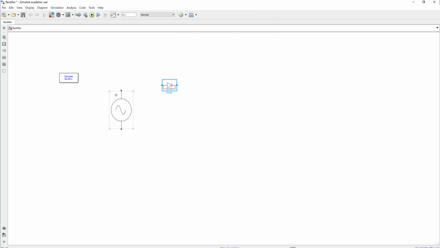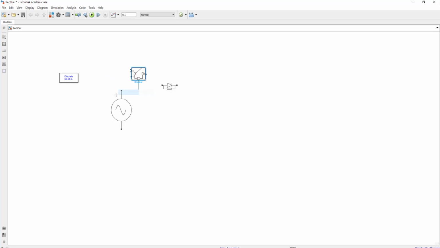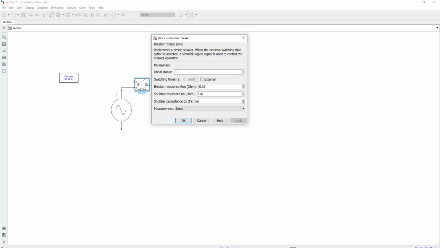And what we take is, we'll take again the switch also, like a breaker, just to visualize how the things are happening. So this breaker, let us internally close it at a time of 0.001, and it has a breaker resistance that is very less, and series snubber resistance is very high. We'll keep and we'll OK it.